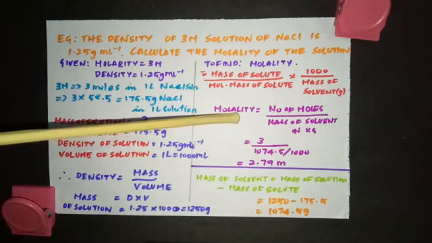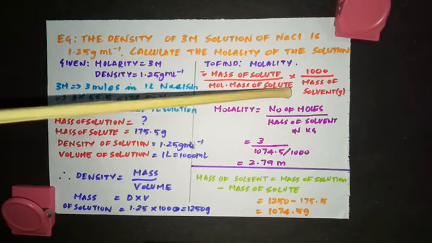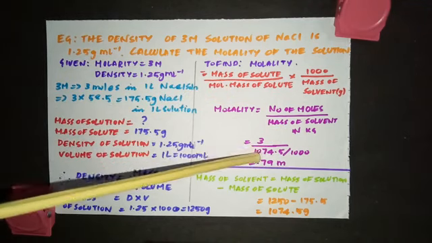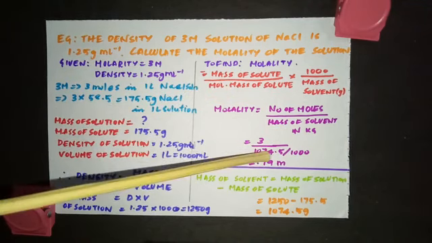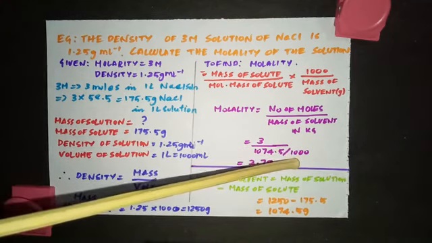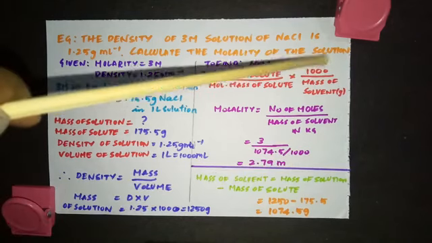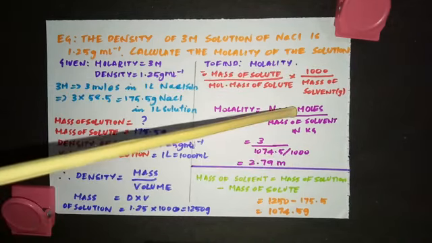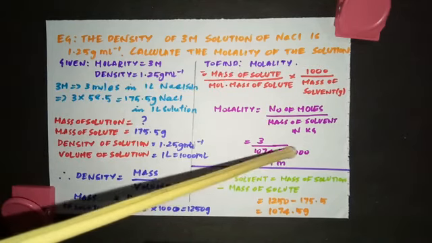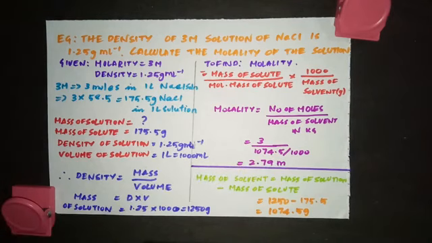Now getting back to the molality calculation. Molality is equal to number of moles by mass of solvent in kilogram. What is the number of moles? 3 moles. So 3 divided by what is the mass of solvent? 1074.5, but it is given in grams. So I am dividing it by 1000 to convert it into kg. Okay, why I am putting 1000 here? Because when I am taking it to the other side, to the numerator, it comes here. So 3 divided by 1074.5 by 1000 gives me 2.79 small m, which is the molality of the 3M solution of NaCl. So remember the formula and apply it accordingly.